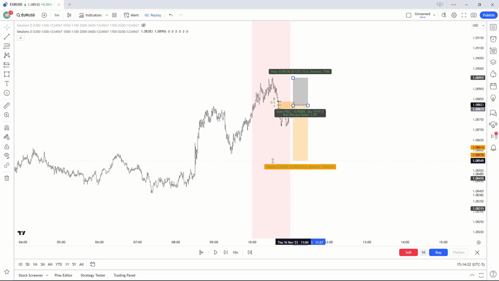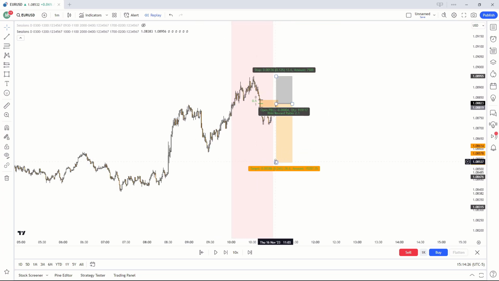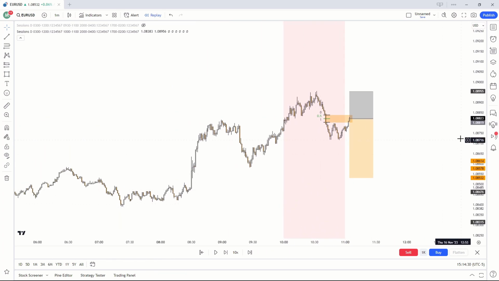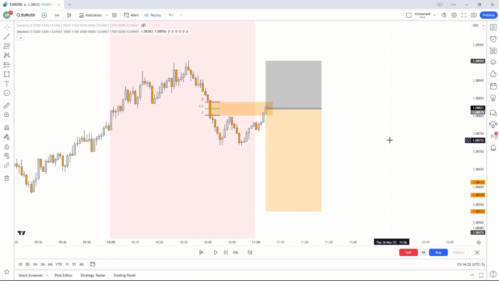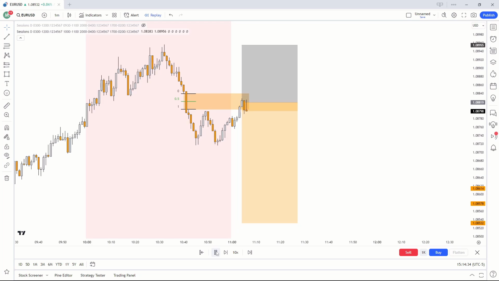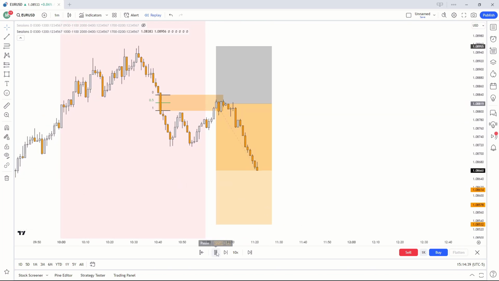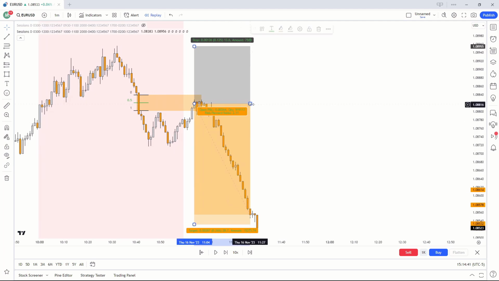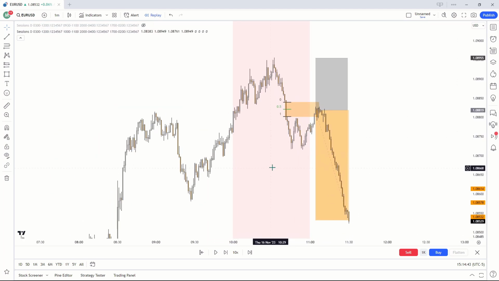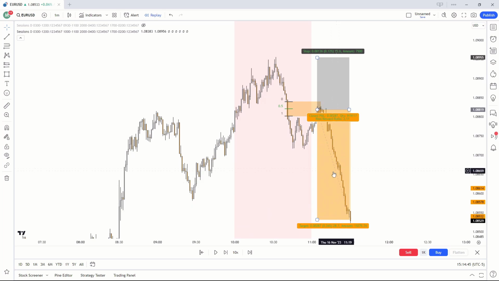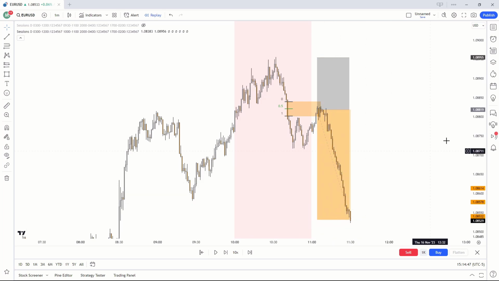I would recommend aiming for a 1-to-2 at minimum. So if we're aiming for a 1-to-2 right there, we could aim for about 28 pips, which is amazing. If I do play out the trade now, you guys can see barely any drawdown first of all, and you can see market just shoots down. Absolutely beautiful. So just like that, I managed to bag a 1-to-2, 28 pip trade in the span